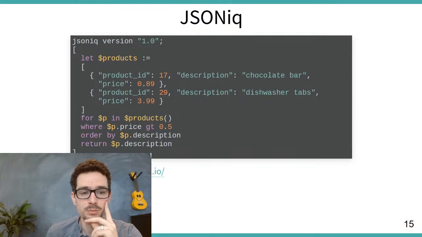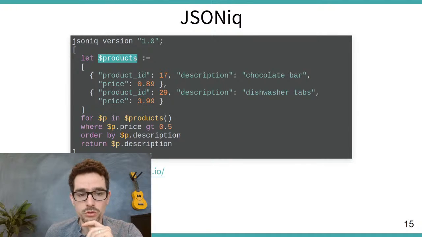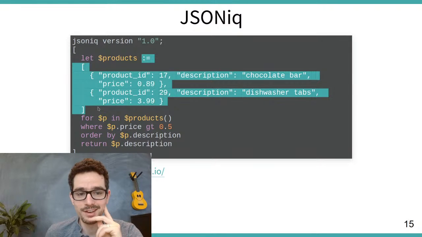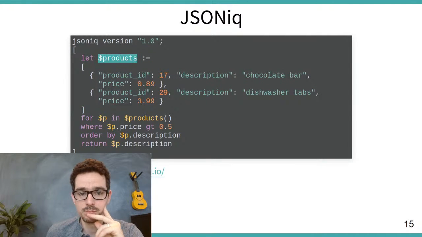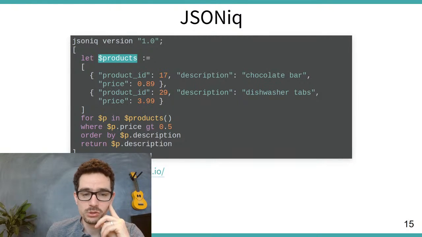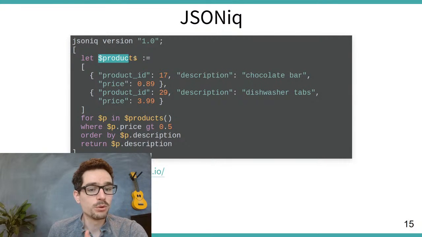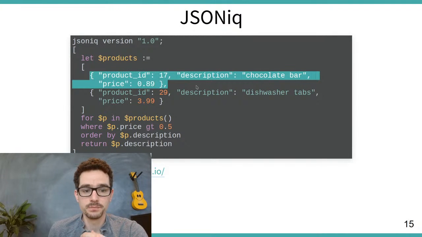maybe with common table expressions, but no, you simply say, I introduce a new variable products, and this is the content. So in my case, I introduced products because I don't access a database here, or I don't open a file where my data is in. I simply put the data in the query just for testing. So my query begins with let products be the following array with 2 product objects. And then my main query begins here with the for